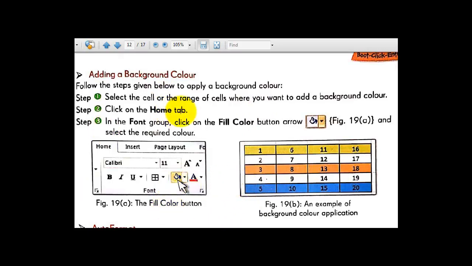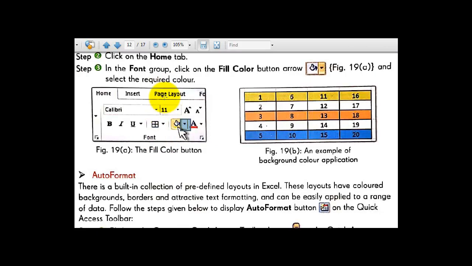Then after that you have to go to the home tab, and in the font group you have to go to the font group, and in the font group click the fill color button, arrow down. This is the fill color. Okay, now you have to click on this arrow down here and select the required color. There will be many colors given here.